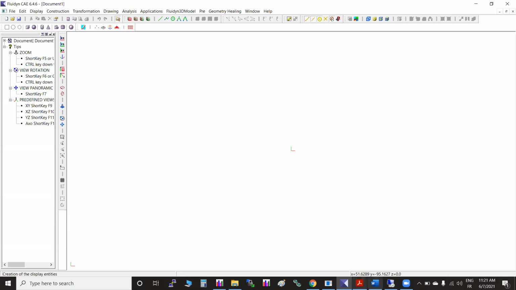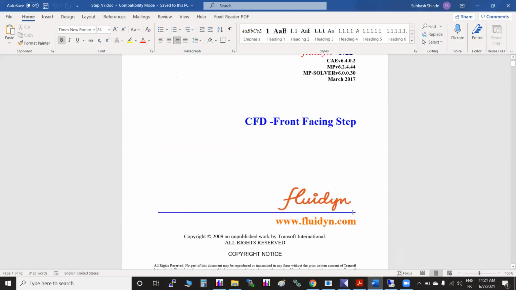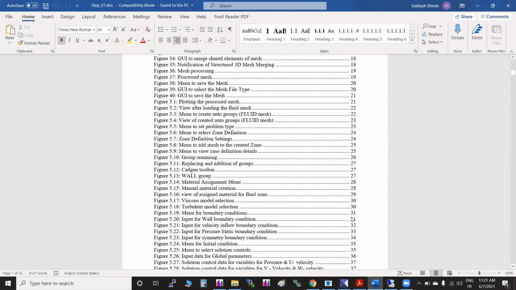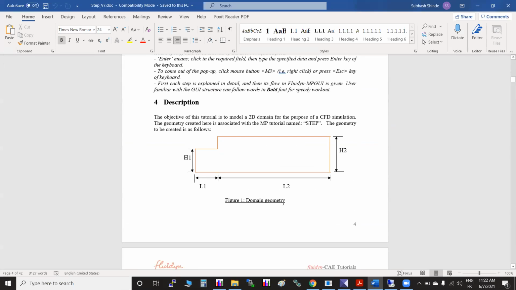Maybe I'll just change it a little bit. We will see the flow through the step, and by explaining this particular problem, we will go through the different types of meshing which we can perform over this object. It will be easy to understand the different mesh methods with a simple geometry, and we can have more time also. That is the main idea.